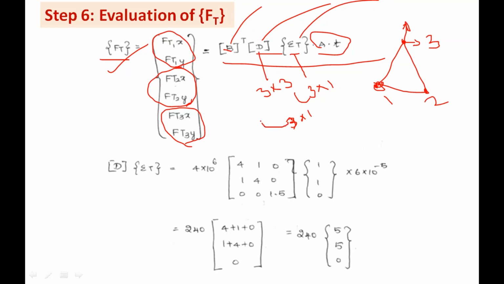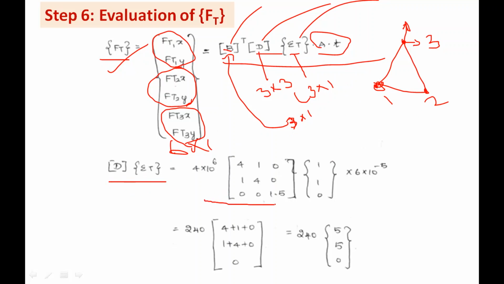This 3 by 1 matrix could be multiplied with this one. So B transpose, which is a 6 by 3 matrix. So we will get a 6 by 1 matrix easily, which is equal to this force matrix, 6 by 1 matrix. So we are doing in the reverse order as in the type 1 problem we did in the earlier videos for evaluating the element stresses for plane stress, plane strain condition. I think you will remember it. The same way we are doing here also. So first we are getting this product of D and epsilon T.